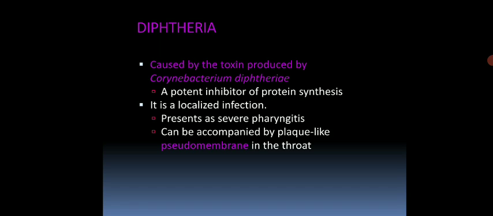Then diphtheria. It is again a common throat infection and is caused by a toxin produced by Corynebacterium diphtheriae, a potent inhibitor of protein synthesis, and it is a localized infection. It does not spread to the oral system. It is a localized infection and presents as a severe pharyngitis and can be accompanied by a plaque-like pseudomembrane in the throat. Okay. So this is caused by Corynebacterium diphtheriae, and especially this bacterium secretes a toxin which causes this particular